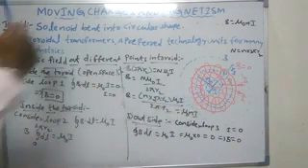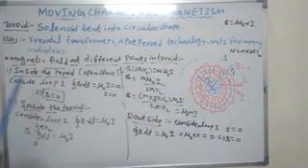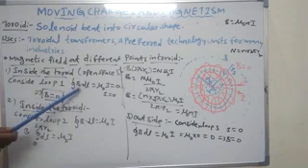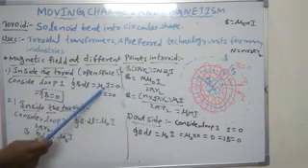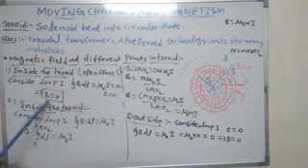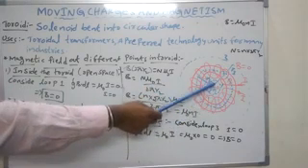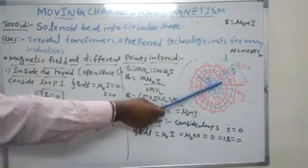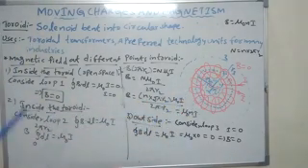In open space, what is the current? 0. If you construct the Ampere loop inside the space, what is the current? 0. If you apply Ampere's circuital law, the closed line integral of B dot dl is equal to mu naught I. What is the current inside the loop? 0. Mu naught into 0 is 0. Then what is B? 0. The magnetic field due to the current carrying toroid inside open space is 0. The reason is that the current enclosed by the Ampere loop is 0, which means the magnetic field is 0.